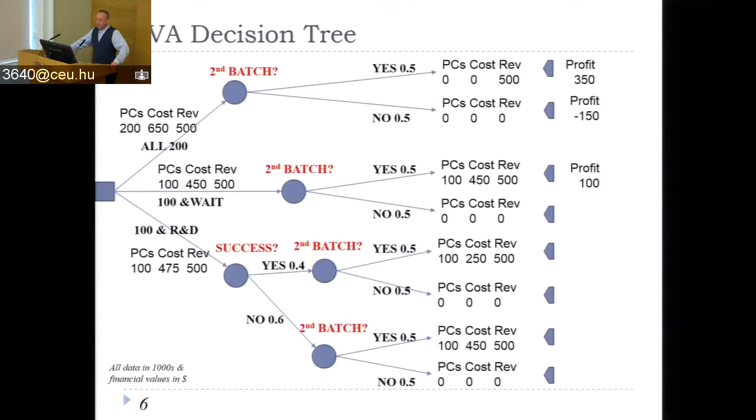If we are doing the 100,000 manufacturing and waiting for the order, in that case we have a lower profit because we had to do the initial setup cost twice, so our profit is only 100,000, and we have a profit of 50,000